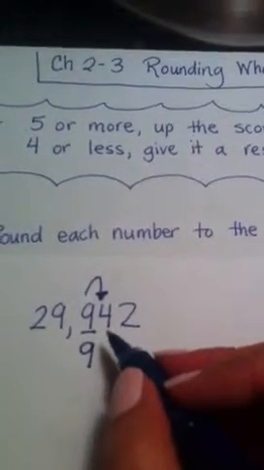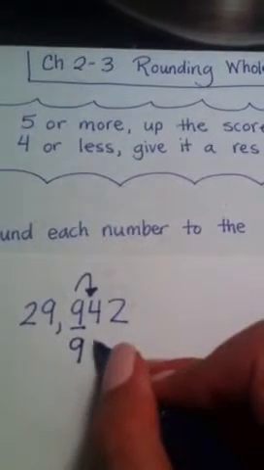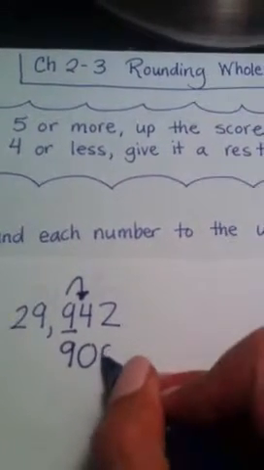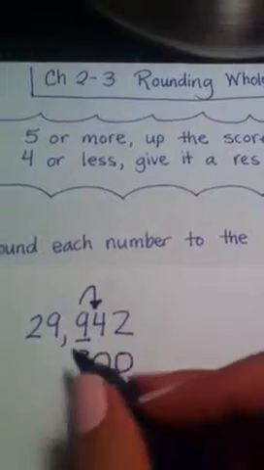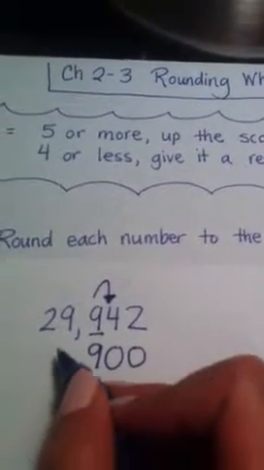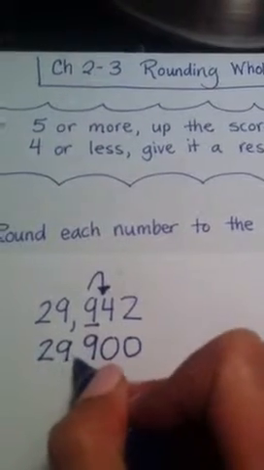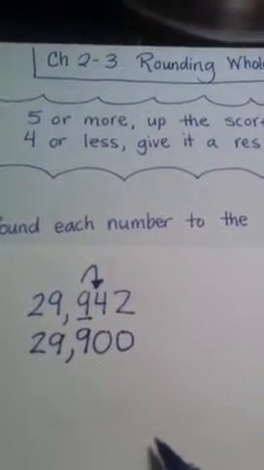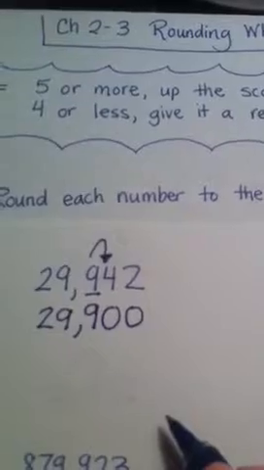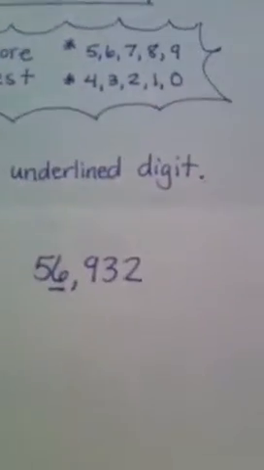The neighbors to the right are going to change to zeros. And the neighbors to the left are going to remain the same. So we're just going to rewrite those over again. And that is the answer to this problem. Right, we're going to try this one next,